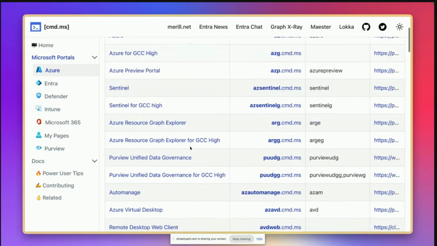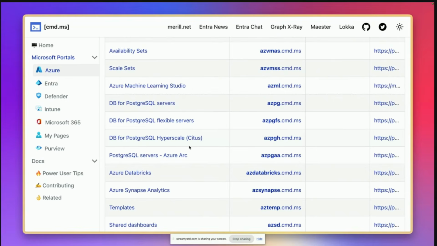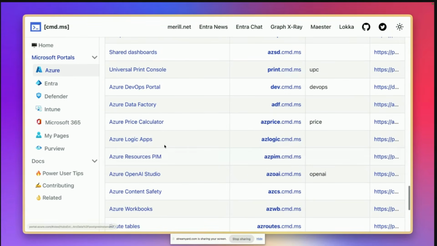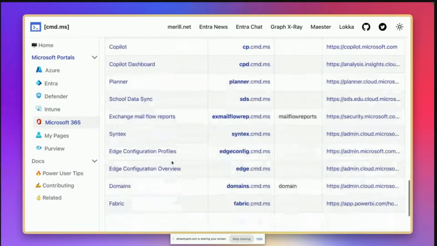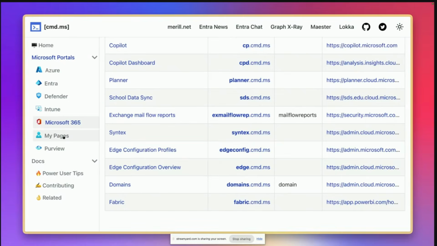There are a whole bunch of AZ ones. The AZ ones map according to the AZ CLI. So if you're used to the command line, you can get there. And yeah, we've recently added a bunch of Copilot ones because there are so many Copilot portals. We have added all those different ones as well. And it's all